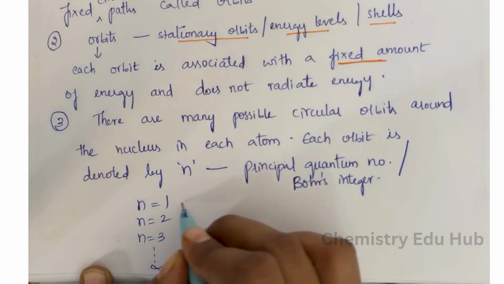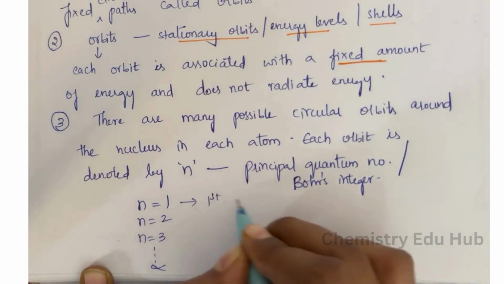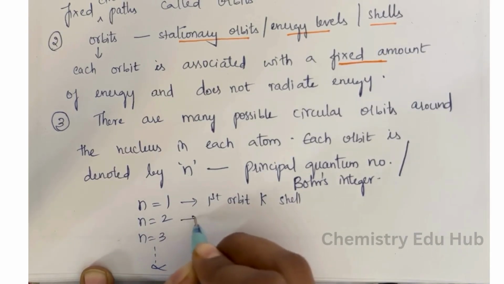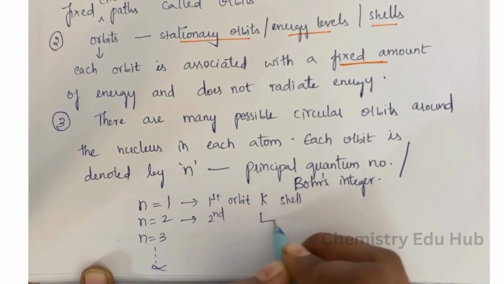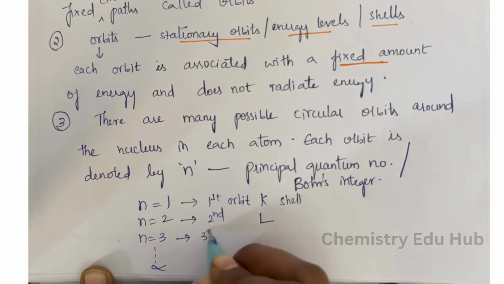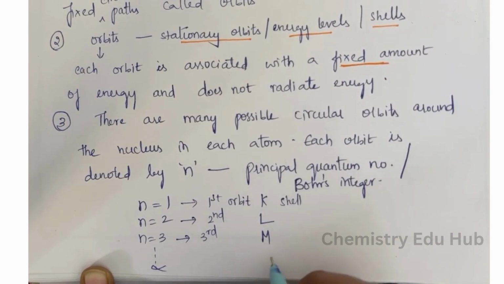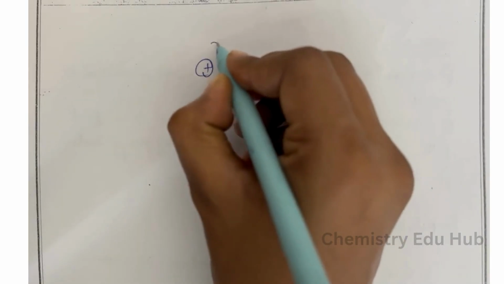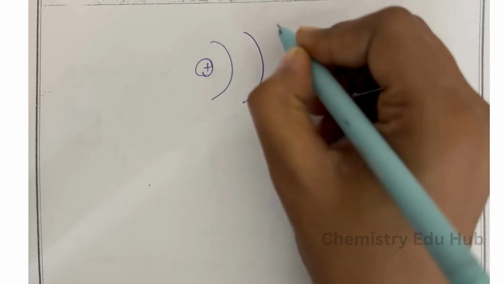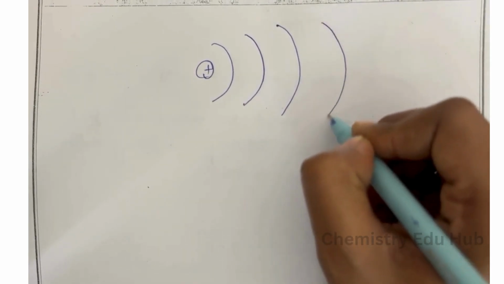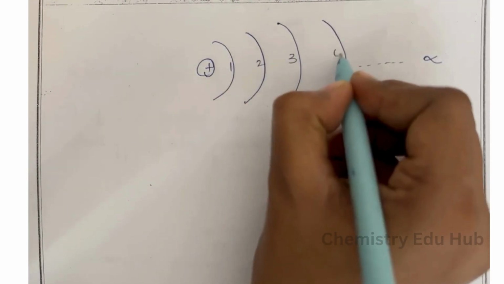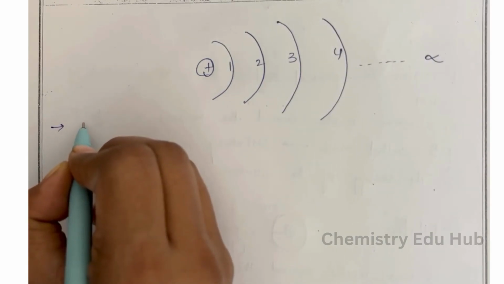So if n is 1, you call it first orbit or K shell. If n is 2, second orbit, L shell. If n is 3, it is third orbit, M shell. Likewise, you will have K, L, M, N, O and so on. If this is the nucleus, this is the first shell, second shell, third shell, fourth shell and so on up to infinity. So as the n value increases,